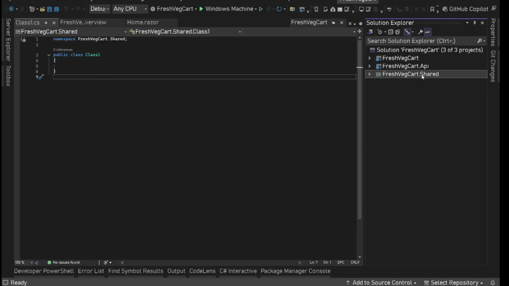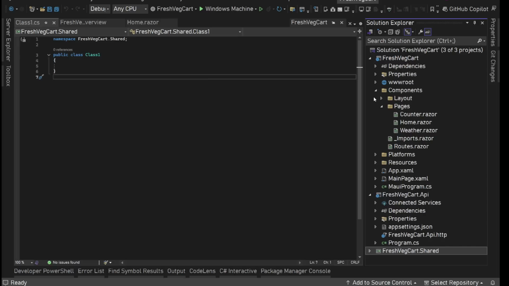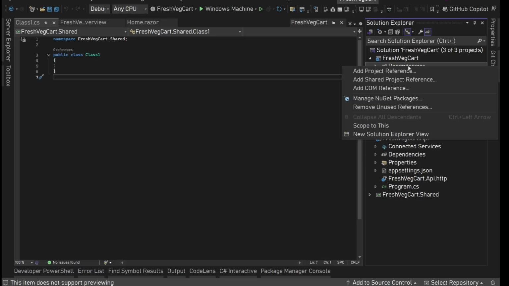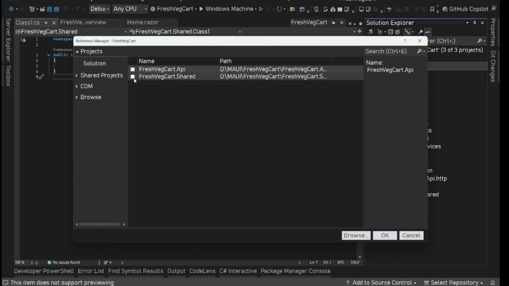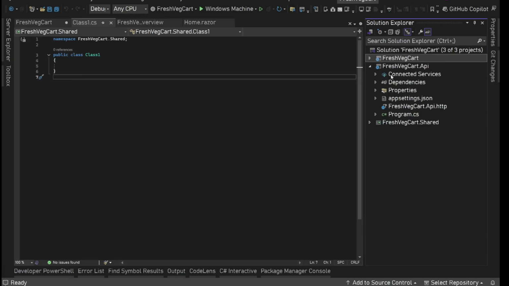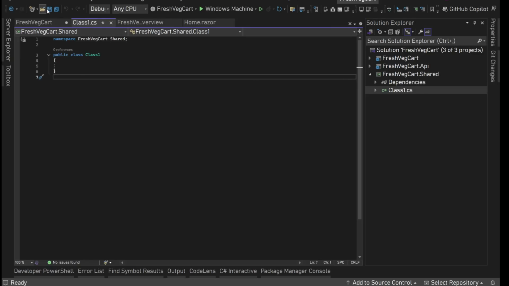Now next thing, we need to reference the shared project from both of these projects. Let's do this. So we have two options. To do this, we can simply click on the dependencies, right click, add project reference. We can select the shared, okay. And then there is one more approach. We can simply drag the project and drop in the dependencies. So now we have referenced the shared projects from both our projects, Fresh Wedge Card, which is our .NET MAUI Blazor hybrid application, and then this API project, which is ASP.NET Core API project. Alright, so save everything,